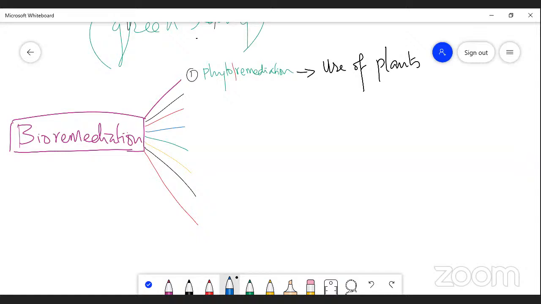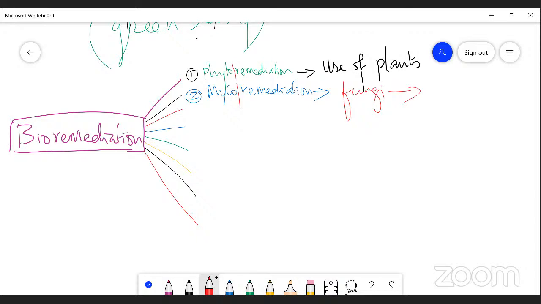So next, let me take the second type, that is mycoremediation. Mycology is the study of fungi. So mycoremediation is another type of bioremediation in which some fungi are used which bring about remediation of environmental pollution into clean land. Dear students, please understand, myco means fungus and remediation means cleaning